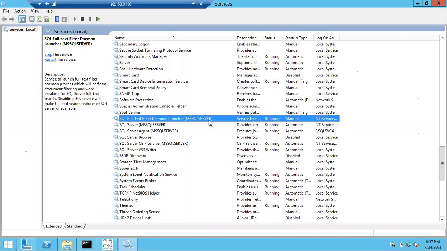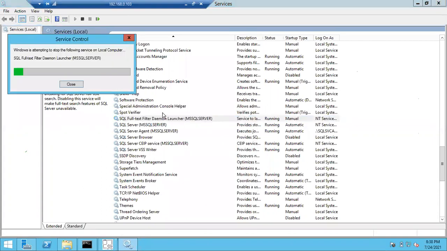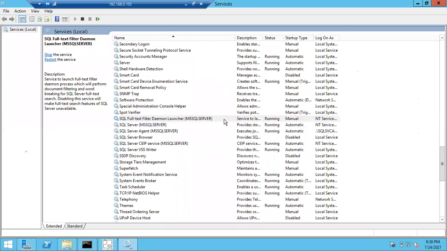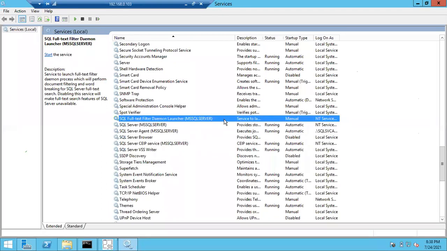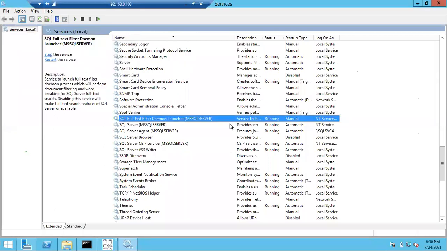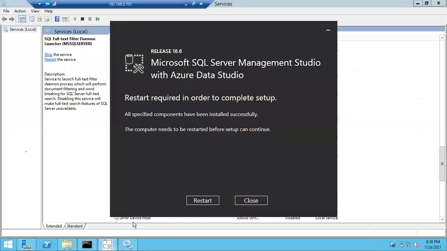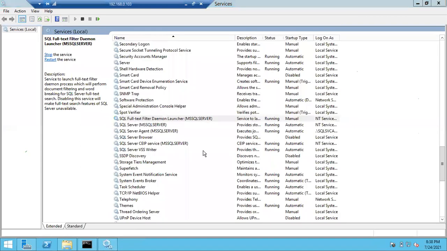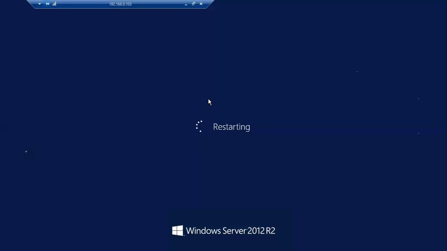In case a service is stopped, for example, whenever you check the services and it's not running, how to start it? Right click, and we have the Start option. That's it. You can easily start the services, just right click. It's this easy. So these are the services that are going to be installed whenever you install an instance. Let me check the status of this installation. I guess it will be completed. Once it is completed, it will ask for a restart, guys. Just restart the server, don't restart your laptop.